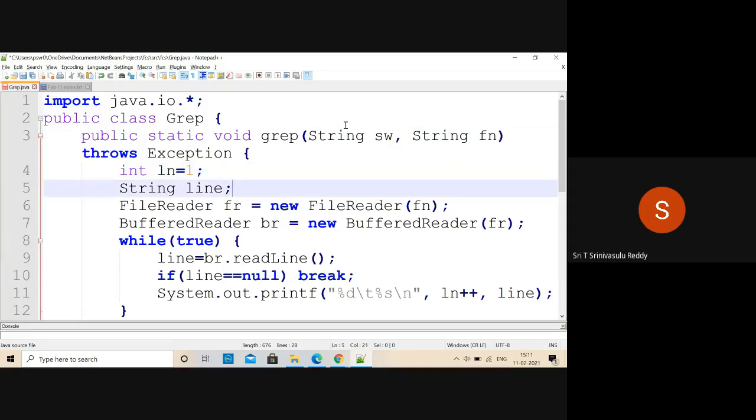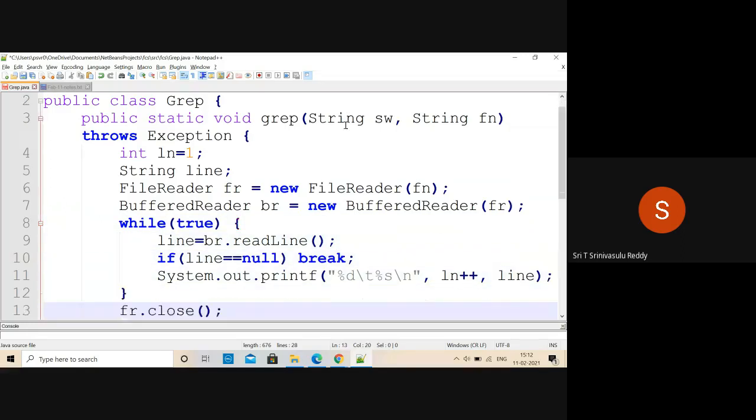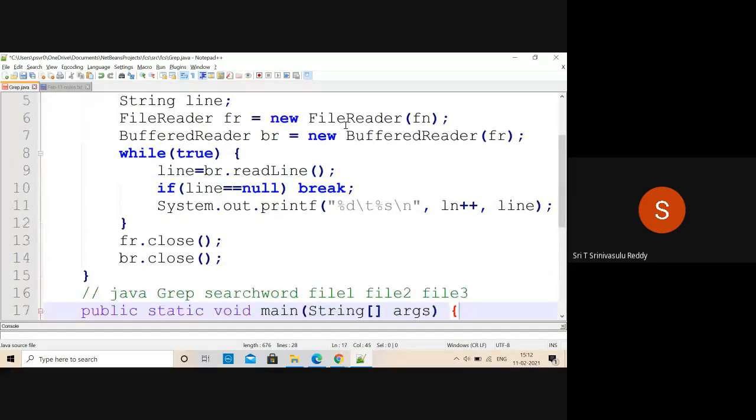So string line, as usual, you try to open a file. Opening is very much required even now. And then until the end of the file, you have to keep reading. Now you can see what to do. When is a particular line to be displayed? You should not display every line. You should display only those lines that contain the corresponding matching word, right?